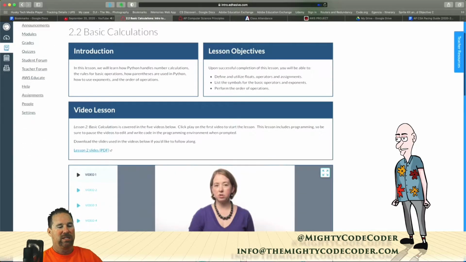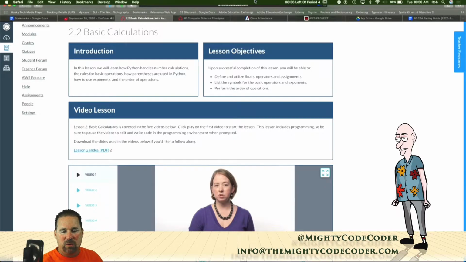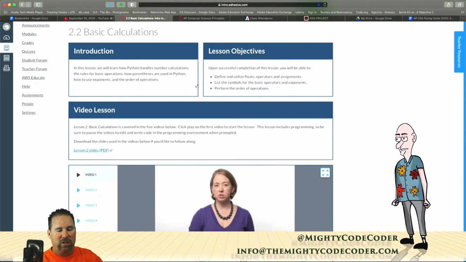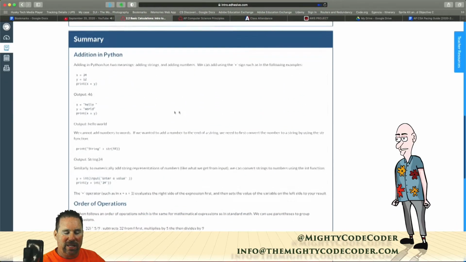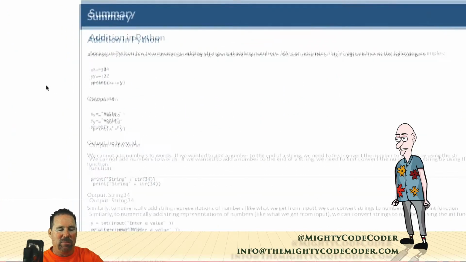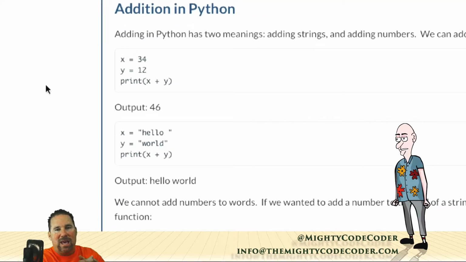And then you get to this basics of calculations. Okay, so these videos will take you about 11 minutes to watch, which we only have 8 minutes left in class, so you'll have to watch them on your own time. I'll just show you where they lead to. Basically, they lead to how do you add numbers in Python. And numbers have to match, right? So you could add an integer or a float together, but you can't add an integer to a string, okay? Unless you